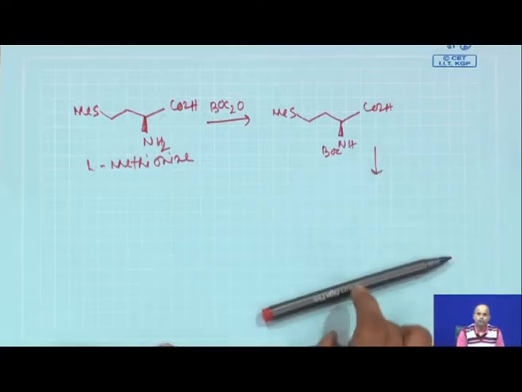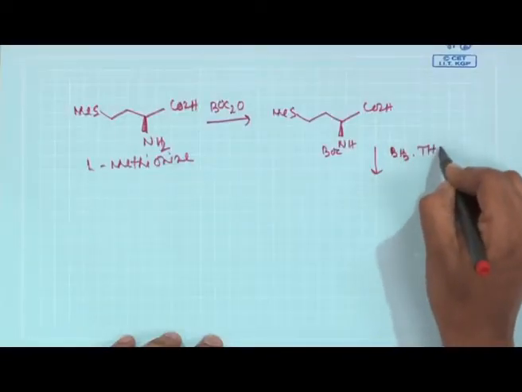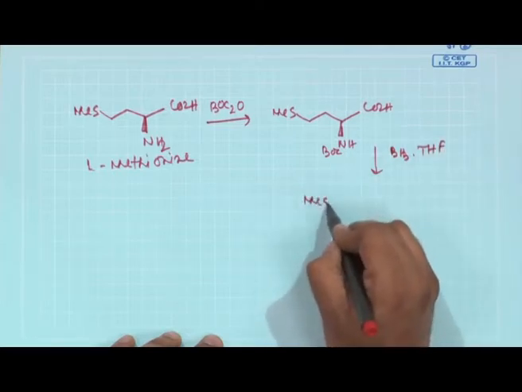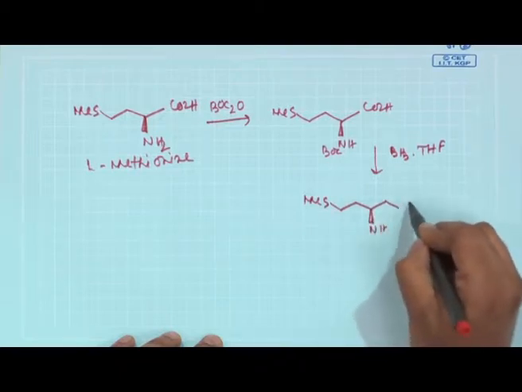if you try to go back to your original divergence concept, I said that if you have the same starting material and you want to create divergency, you first pick up the left hand side, keeping the right hand side intact. In the other operation, you first do the right hand side reaction, keeping the left hand side intact. So, you will try to follow the same principle. Now, here the carboxylic acid is there, which now will be reduced with borane-THF, and this reduction will give you the primary alcohol here.